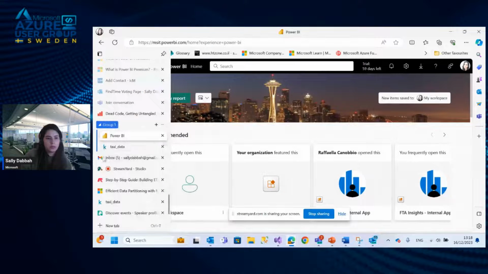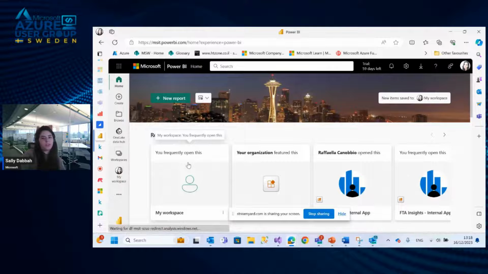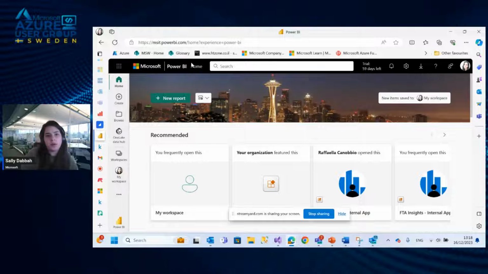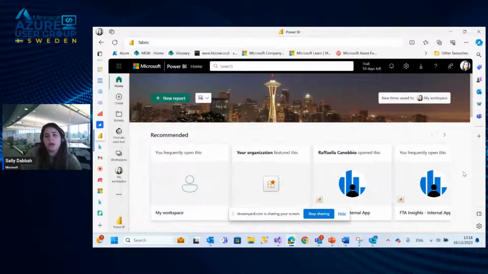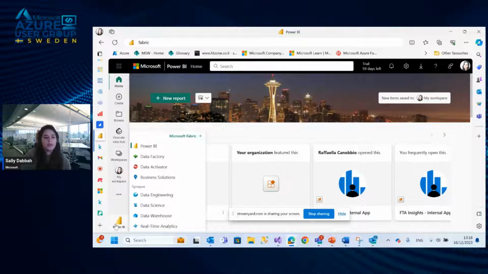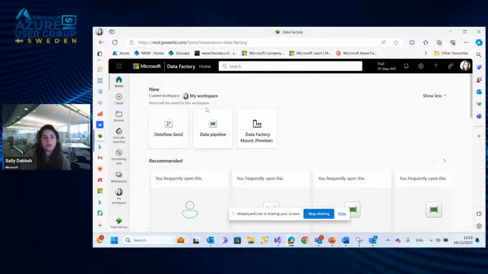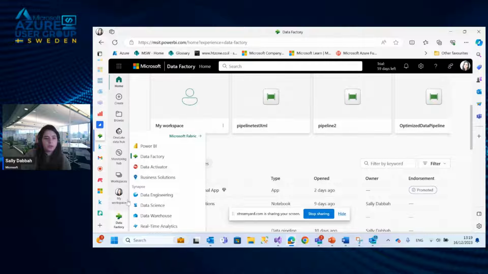I think yes. Okay. So for today's demo, basically this is the UI. This is how you can access it, by typing app.fabric.microsoft.com, and you will get here to the UI. You have your workspace, and here on the left pane we have the experiences that I've told you about. So we have Real-Time, we have Data Engineering, we have Data Factory, and so on. And you can move between experiences in your workspace. So as you can see, we have here Dataflow Gen2, data pipelines. You can mount your existing Data Factory, and so on.